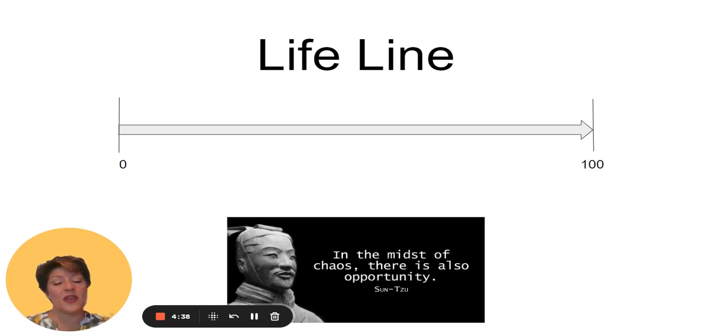The other thing I want you to consider is that the time between your two hash marks from P to R, however many years that is, is how long you have to achieve all of the professional goals that you want to in your life. For those of you that have been a military spouse raising kids, or you've been out of the workforce for a while, you may not have thought of that. And if you're a veteran just getting out of the military, you may never have stopped to think about what you want to do professionally now.